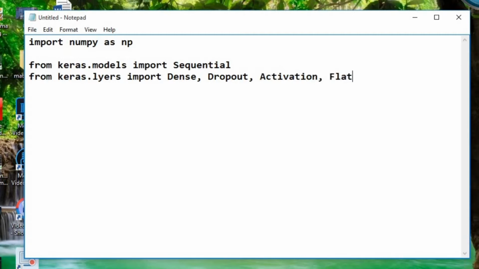Well, as these names are coming, the significance of each type of layer I'm going to explain step by step. Yes, here the spelling of layers you have to check.